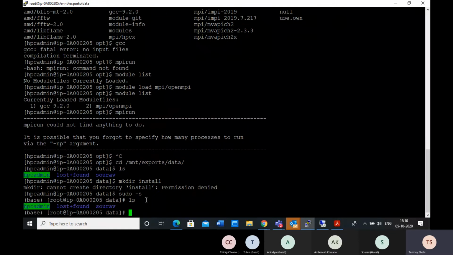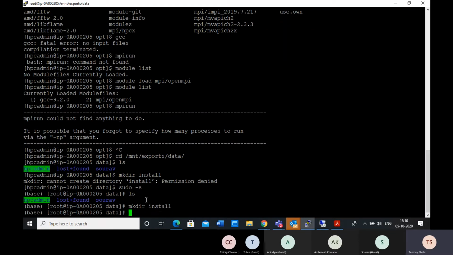We can create a directory install which will include all the binaries and libraries. The reason is that you know the root directory space is limited to 30 GB, and out of that already 16 GB is used.